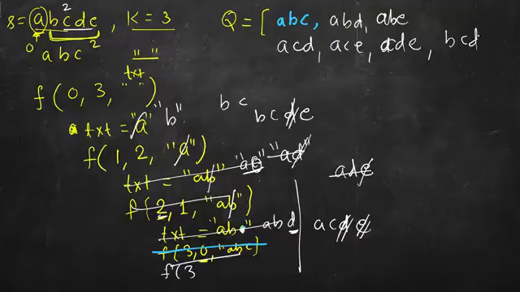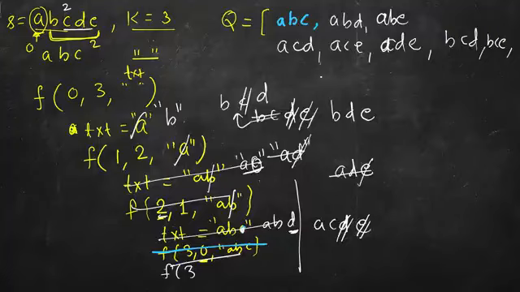delete D, add the next character, delete E, no more characters, so return back, and here it will delete C and add D, and the same thing with BD, so BDE, and nothing to add, so it returns here. So now it cannot add E here since there will be no more characters, so again it returns,